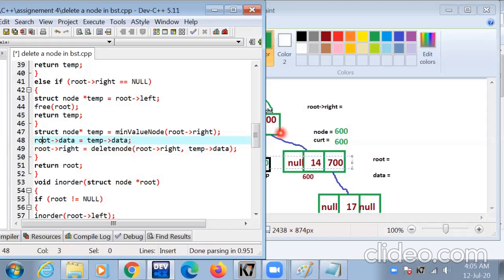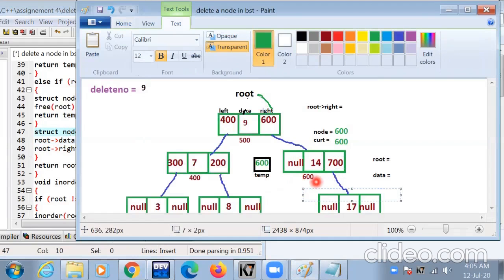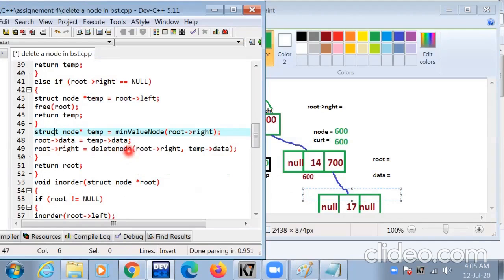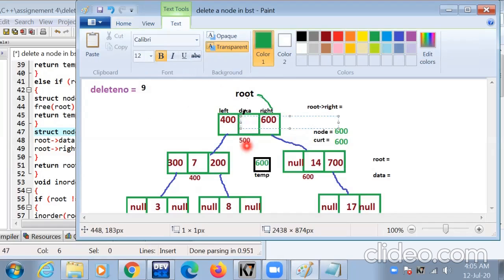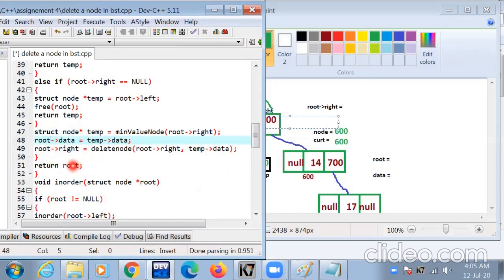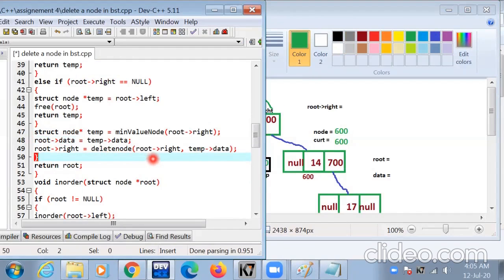Root data value is 9, temp points to this node, and temp data value is 14. It means the temp data value is inserted in root data. Now 14 is inserted in root. Here 9 is removed and here 14 is inserted. Then root right, delete node root right temp data.